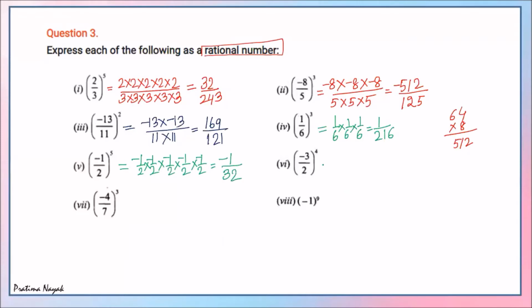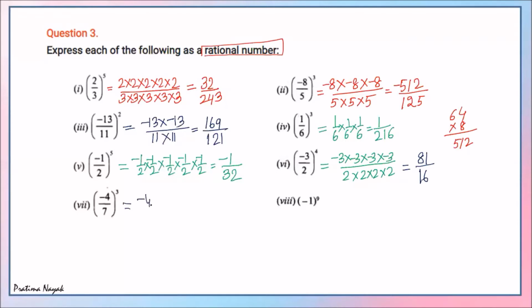Next, coming to the sixth part. This will be minus 3, minus 3, minus 3, minus 3, and 2 into 2 into 2 into 2. You can pause the video and write it yourself because now you have understood. So this will be 3 into 3, 9, 27, 27 3s are 81, and will it be positive or negative? Certainly it will be positive because I am multiplying 4 times. So positive, no need of the negative sign. Now 2, 4, 8, 16.